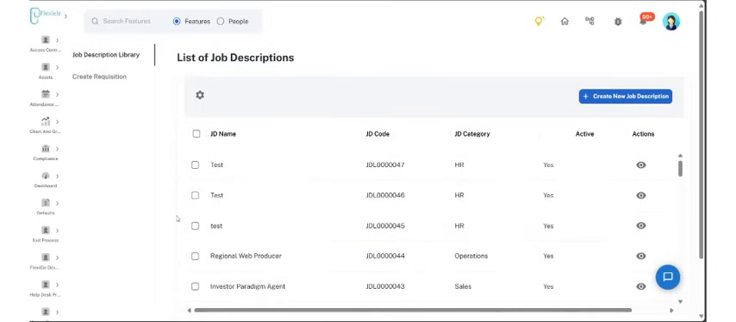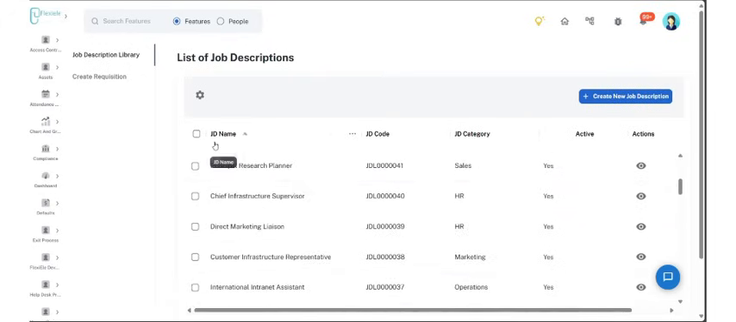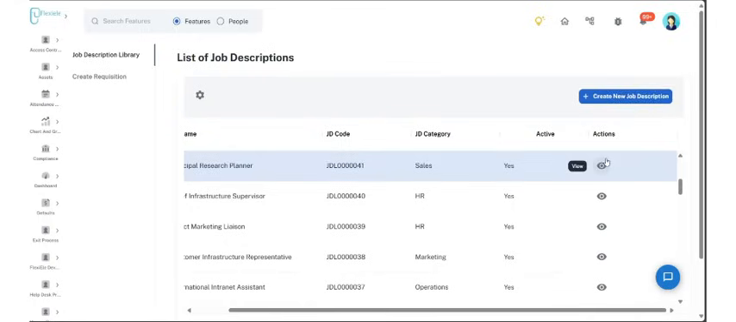This can be managed through the job description library, which provides a collection of predefined JDs. The library is organized into 5 main sections, which are JD name, JD code, JD category, active and action. The JD name section includes a checkbox next to each JD. By selecting the checkbox, the JD is highlighted, allowing you to check its activity or any actions taken on it. Whereas by clicking on action, it takes you to the detailed view of the JD where you can make edits